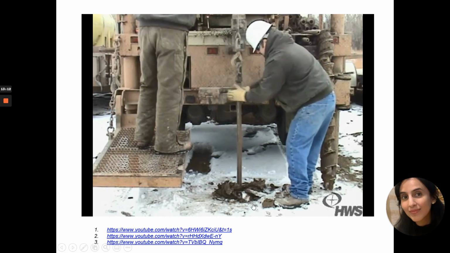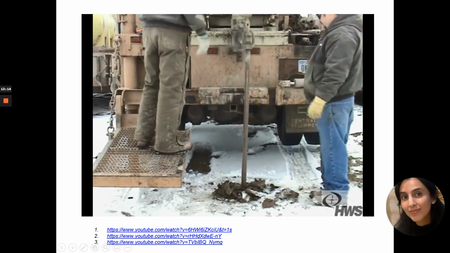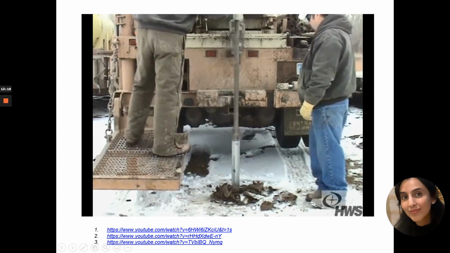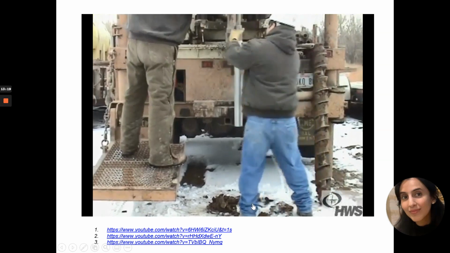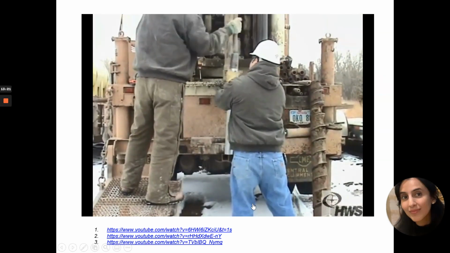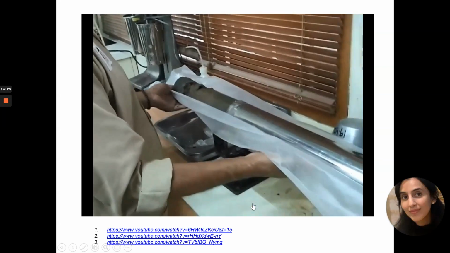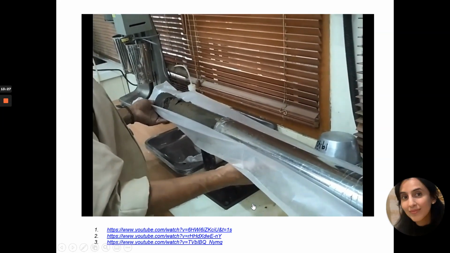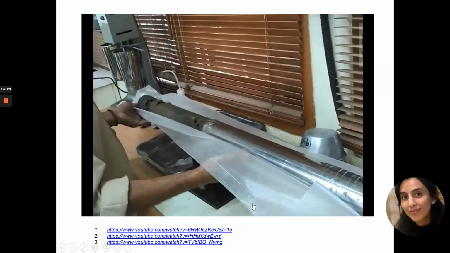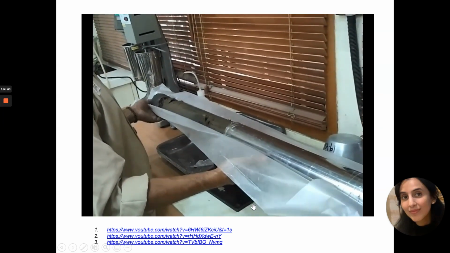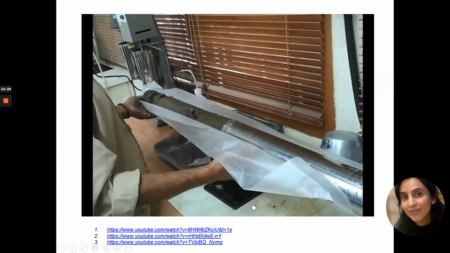Okay, so dia screwkan kat situ and then dia akan tarik. So bila dia tarik, so they will get the second bit of the sample. So dia akan buka sampler tu, ni nampak yang dia buka tu. So they are going to send that to the lab. So this is an example of lab sampler dibawa ke lab, dan macam mana dia tolak keluar